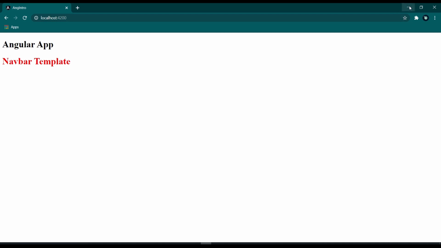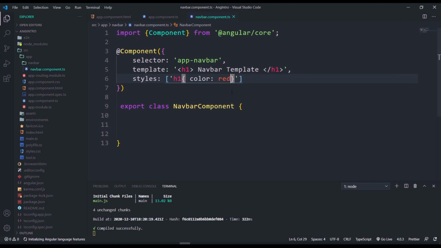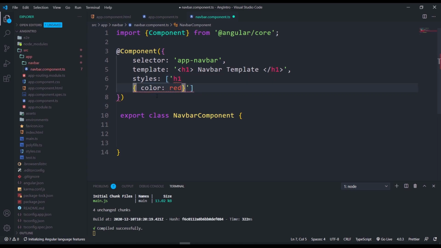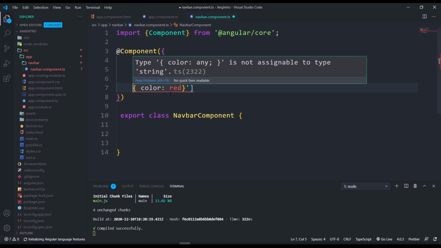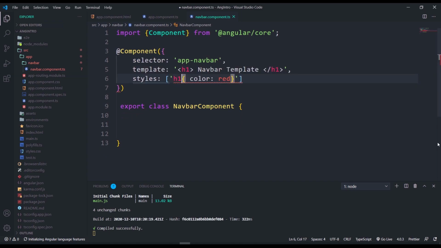Alright, some of you may notice this. Usually we write CSS in multiple lines, not in one line like this, right? But in this component TS file, inside these quotes, we cannot write multiple lines. If we add a line break here, we get this compile error. So we have to put everything in one line. For a simple CSS style like this it is okay. But if we want to write multiple lines of styles for this component, how are we going